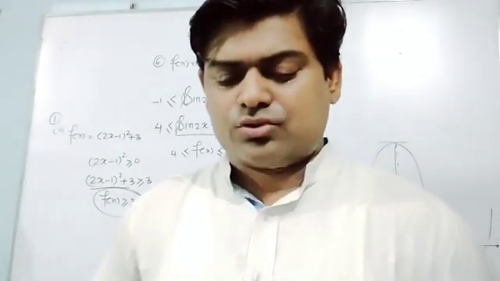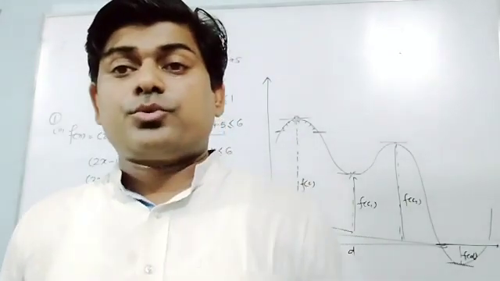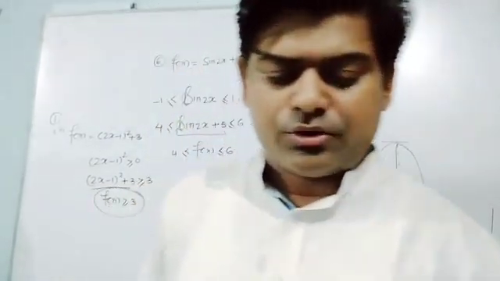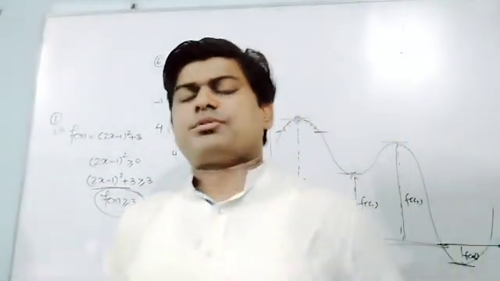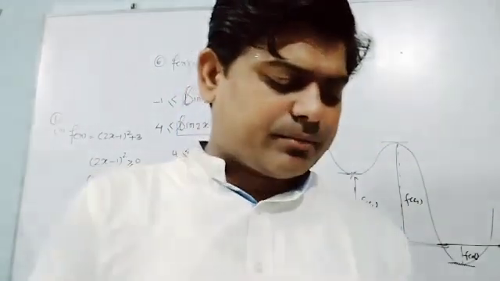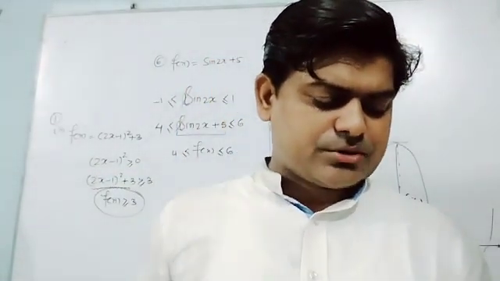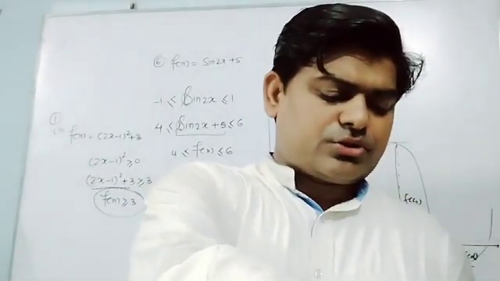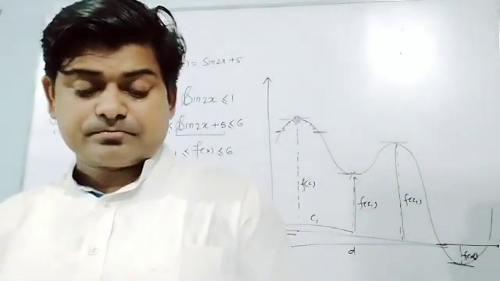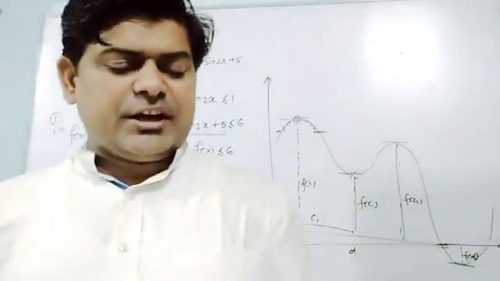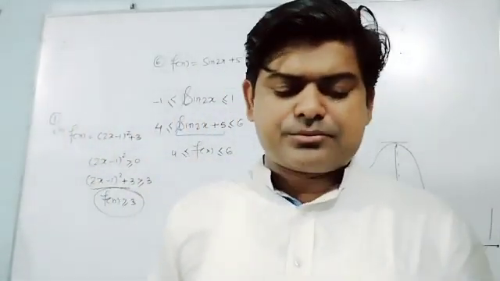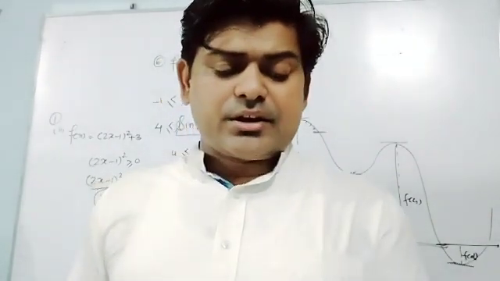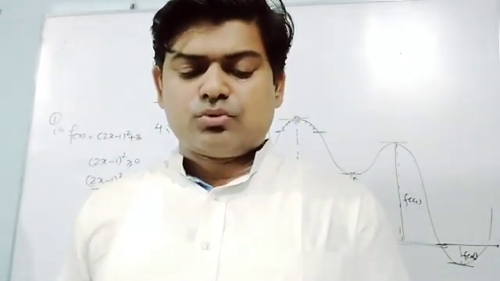But a few more questions I want to do, where we want to find the absolute maximum value or absolute minimum value. How can we do it? Let me solve one question, and I hope these questions will definitely help us do the remaining questions. I'm just taking one easy thing. You can see question number 12. In question number 12, it is written: find the absolute minimum and absolute maximum values of the following function in the indicated interval. Also find the points of absolute maxima and absolute minima.